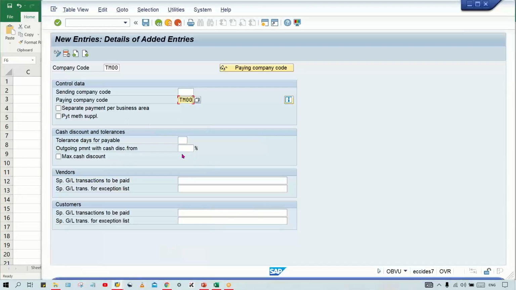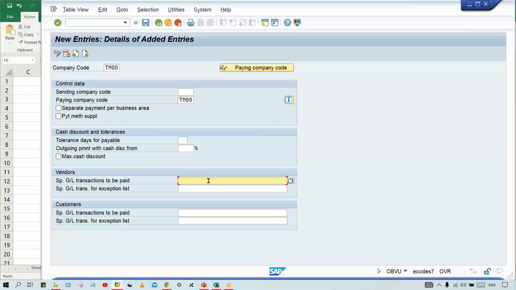Okay, and tolerance days, of course, like I said, the grace period and all. Right now, don't give anything. As I said, first of all, we have to do the basic configurations. We'll perform the testing. We'll check the common errors which appear, and then we'll come back one by one, and we'll see the